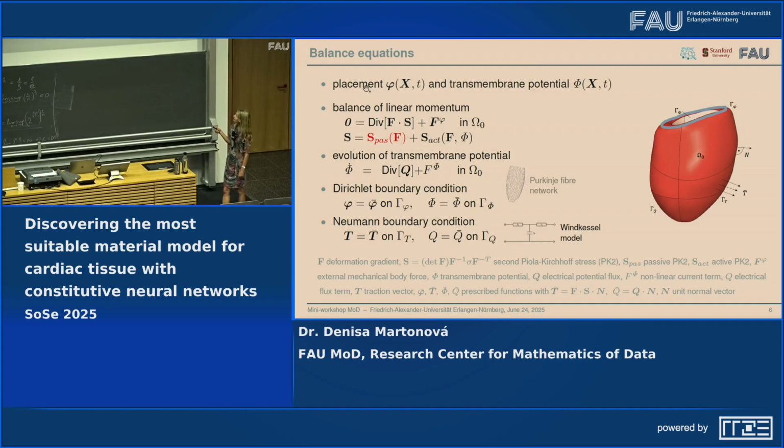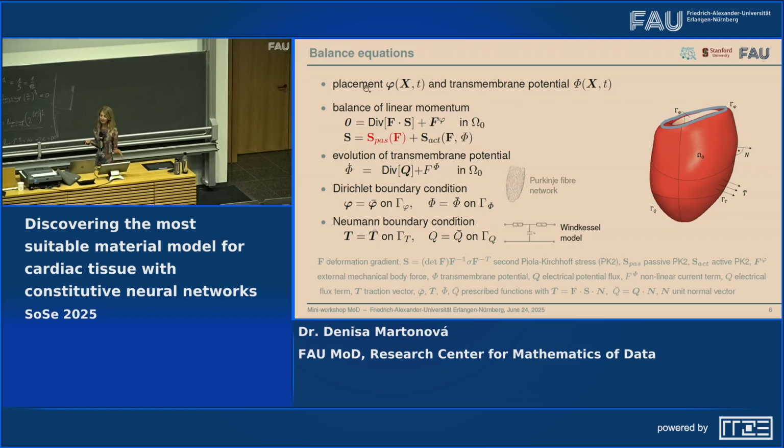Here you can see that with S we denote the stress, and we can decouple the stress into the passive part, which is the focus of our work in the model discovery. But we also have an active part, which causes the contraction based on the electrical impulse. The second equation is the evolution of the transmembrane potential, which describes this potential development dependent